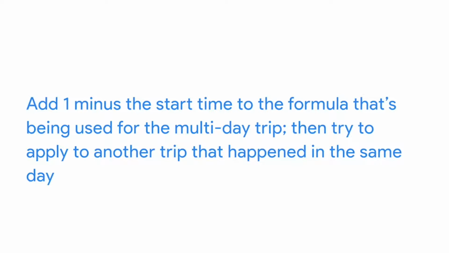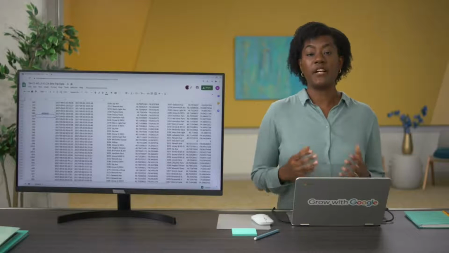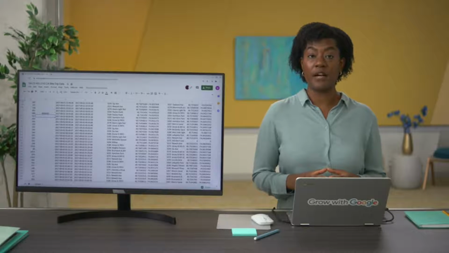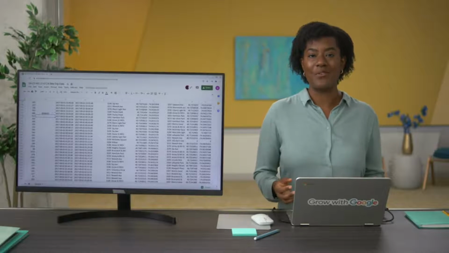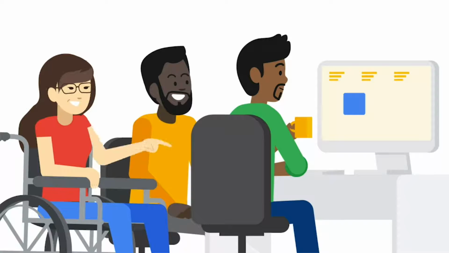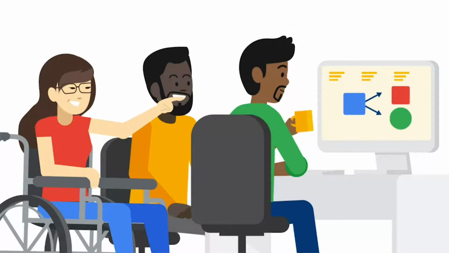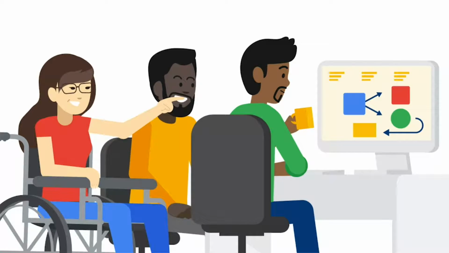You know that you can add 1 minus the start time if 2 bike rides start and end on different days. But that formula won't work on times that happen in the same day. And it's pretty inefficient to scroll through every bike ride to pinpoint these special cases. You need to find a way to build a conditional formula, but you aren't sure how. So you decide to check in with other analysts working on your team to see if they have any ideas. You could send them a quick email or stop by their desk to find out if they have a minute to talk it over with you.